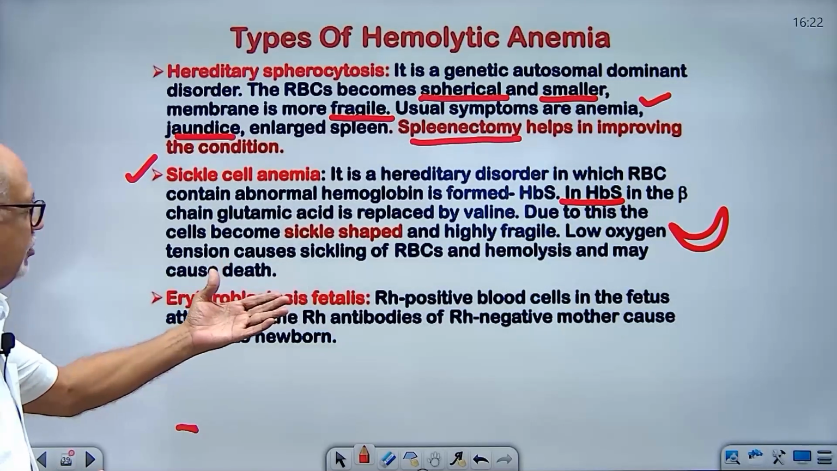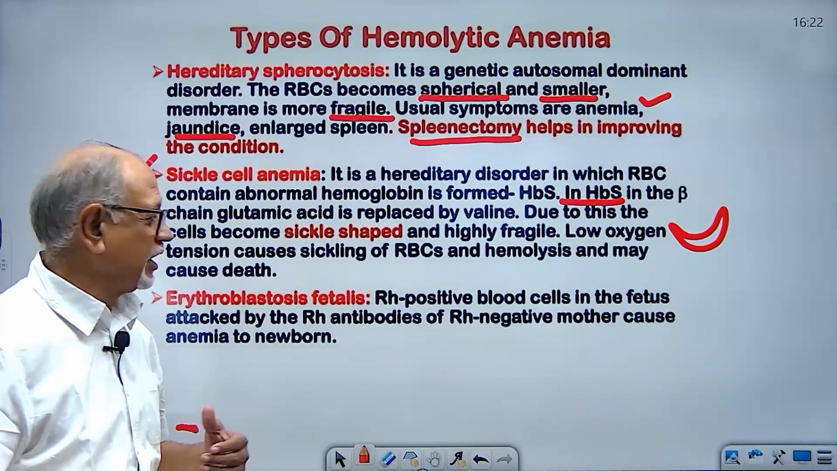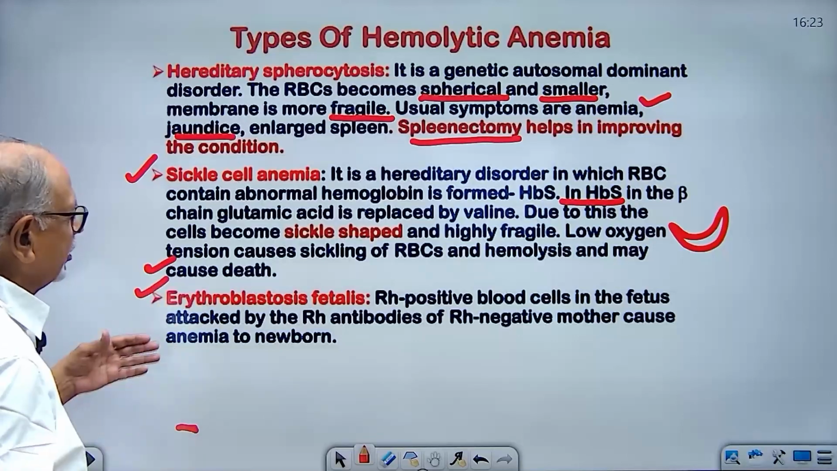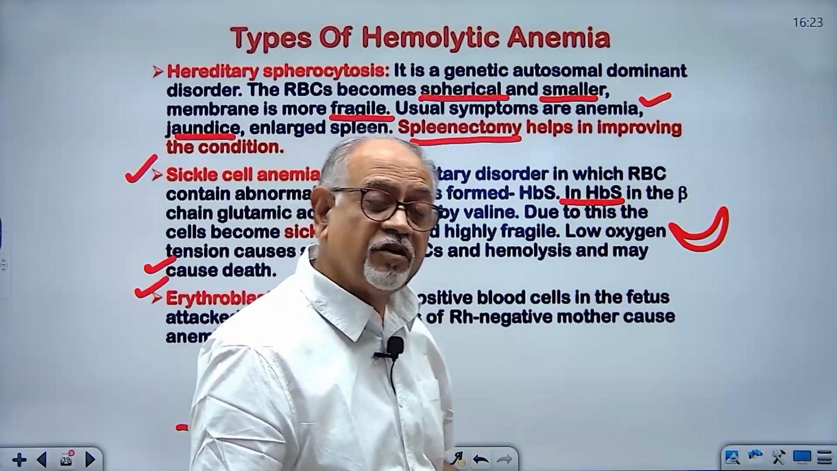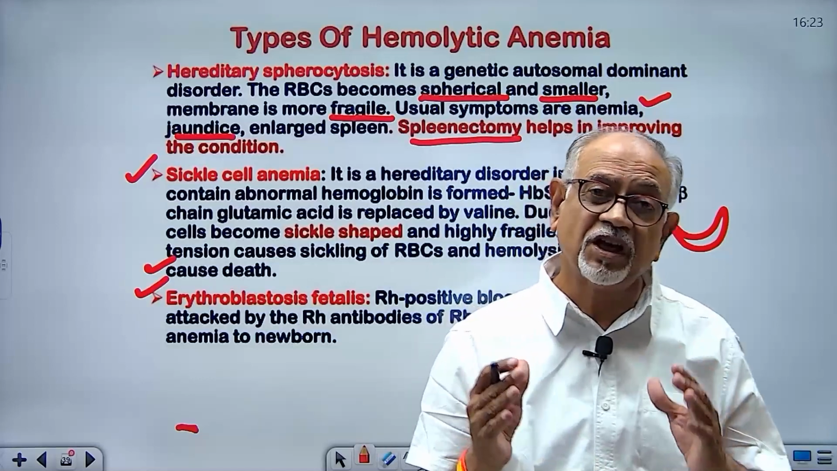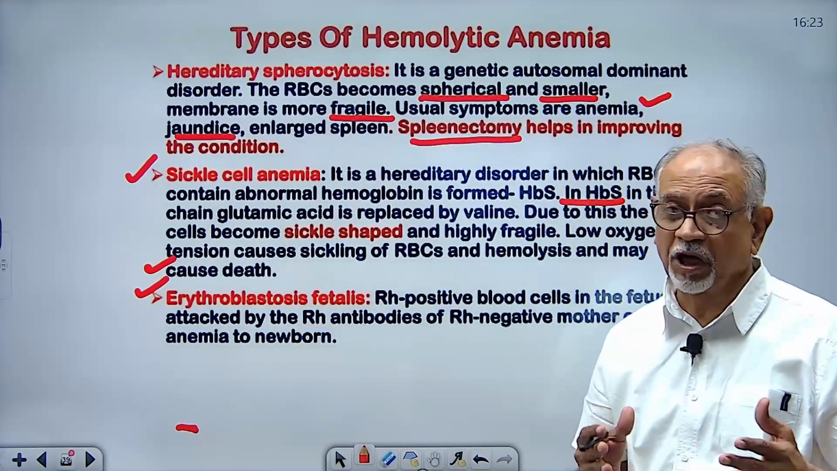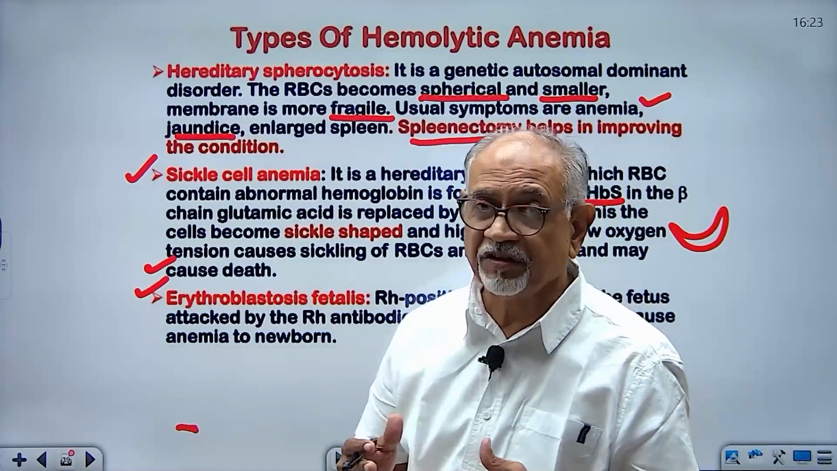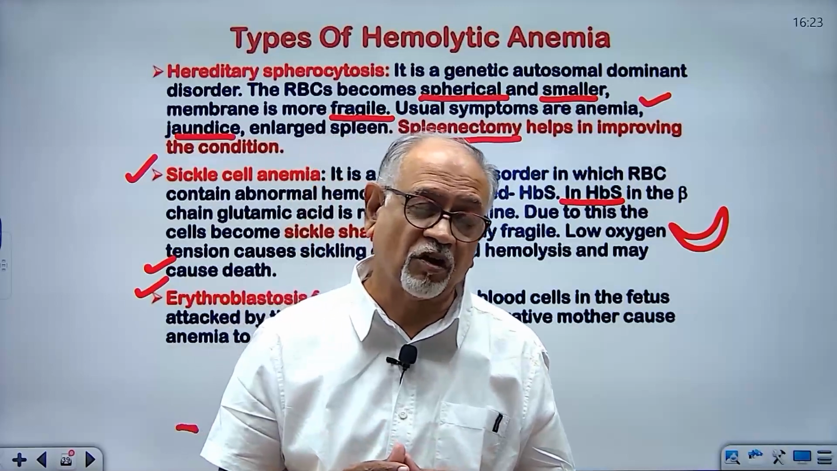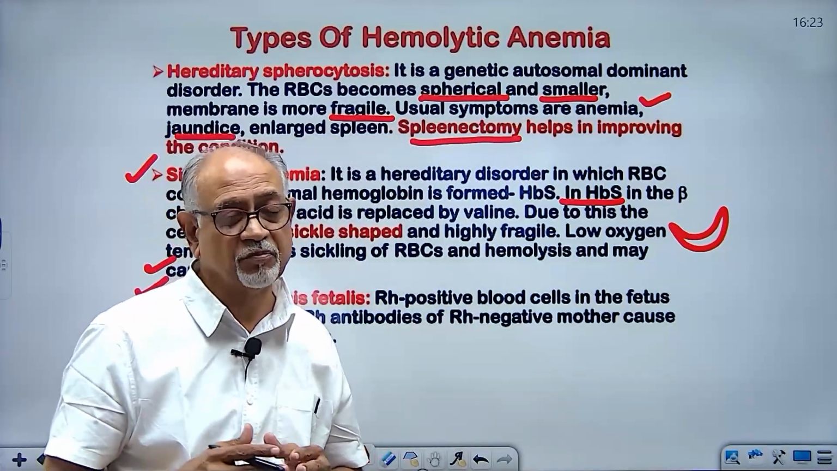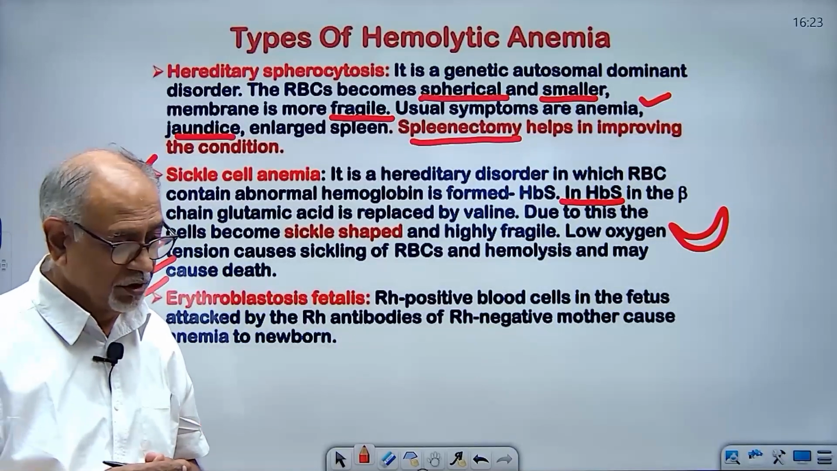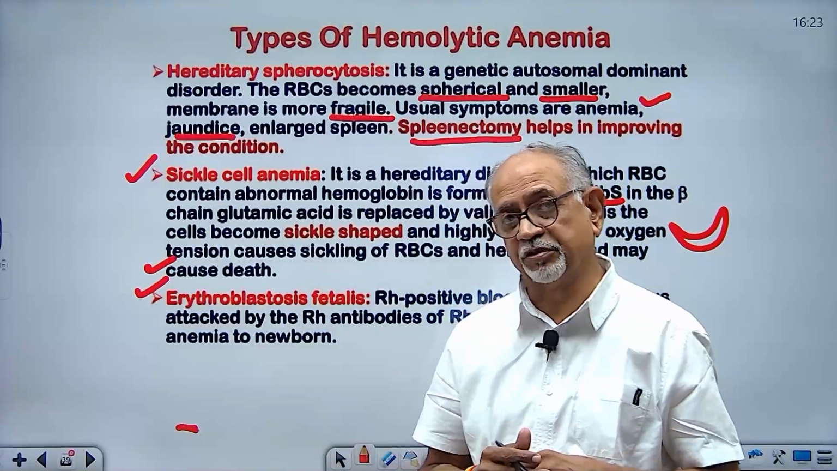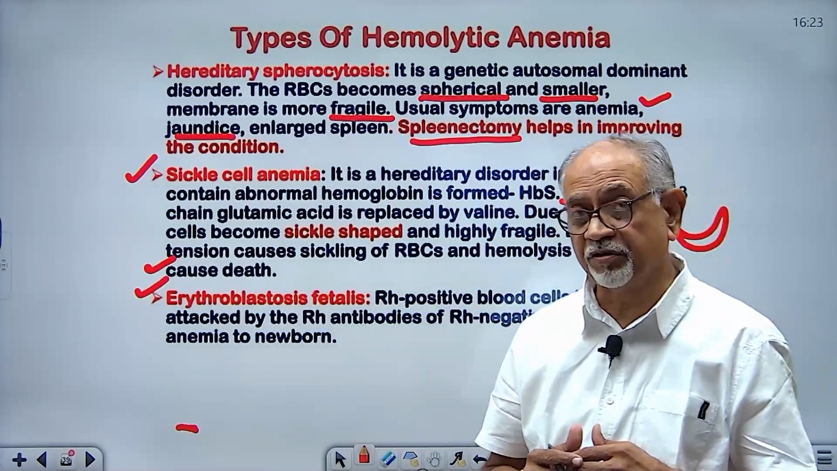Sometimes the hemolysis is so much that it can cause death. Another case is erythroblastosis fetalis, in which the fetal RBCs are hemolyzed. This is because of an incompatibility of Rh blood group between mother and the fetus. If the mother is Rh negative and the fetus is Rh positive, then in that case, if the mother is